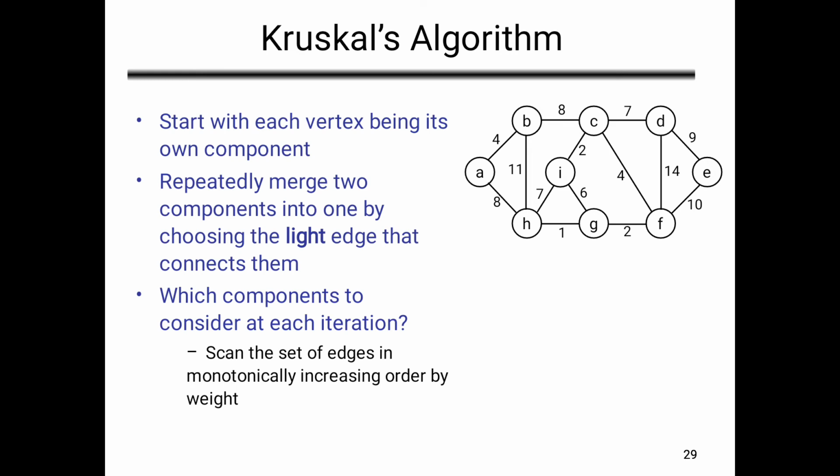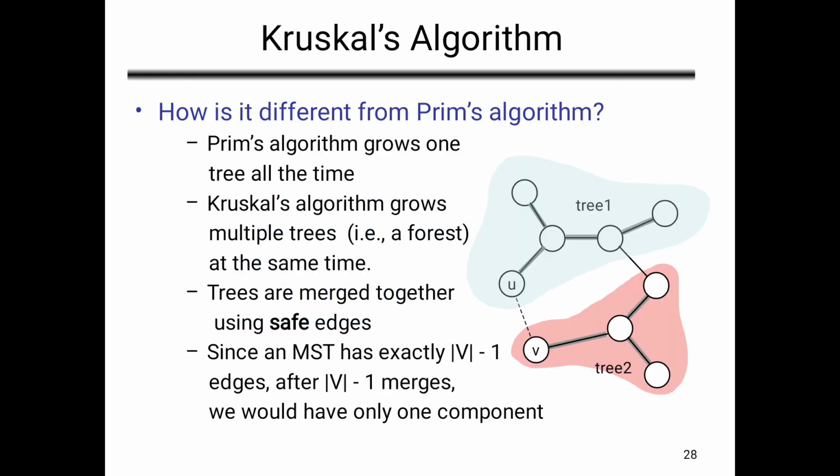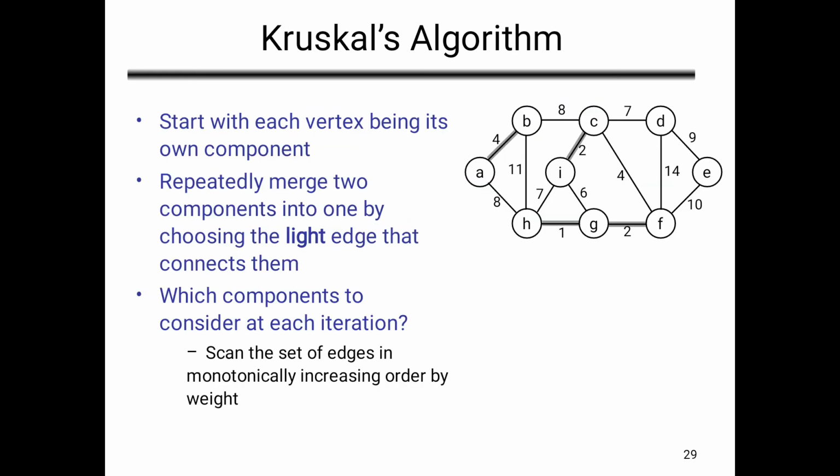First you observe the graph. While you are observing the entire graph, what is the minimum cost here? H to G is the minimum cost, that is 1. Select that. After that, select again the next minimum value, that is 2. G to F and I to G, select those two also. And the next minimum weight is 4, that is A to B, select.